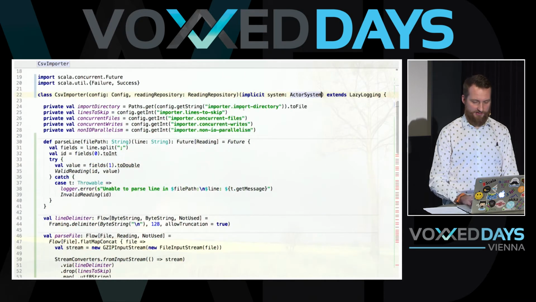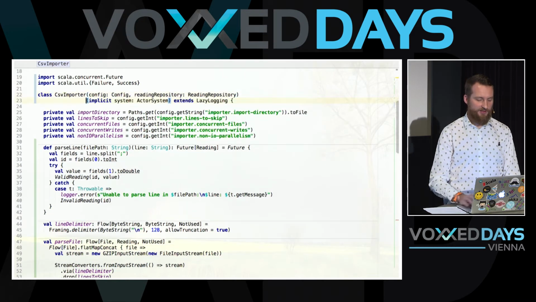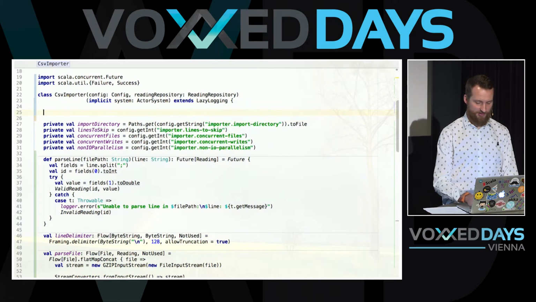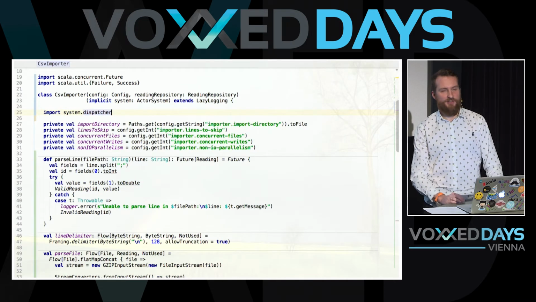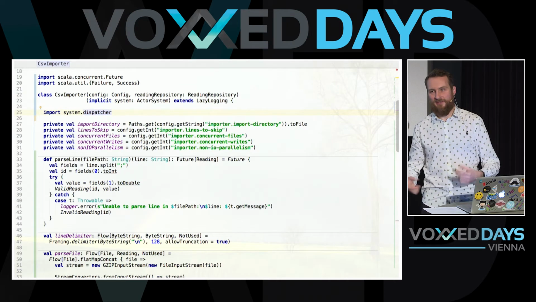It's an actor system, and an actor system has a thread pool that we will be able to use as the execution context. So actually, I lied before, because we won't be using the global one. We will be using the one from the actor system, which is even a worse idea in a real-life scenario,